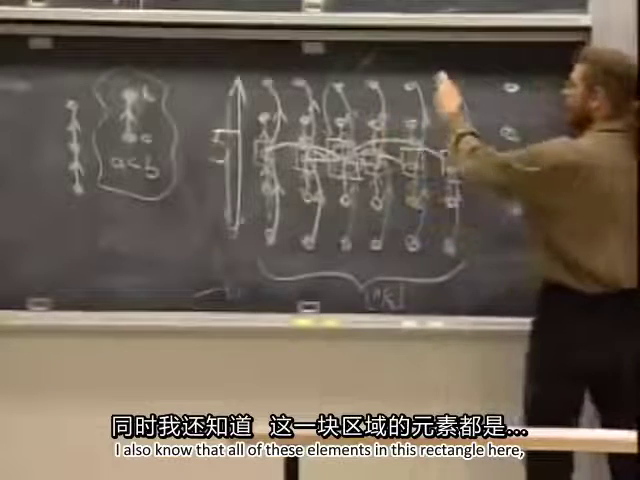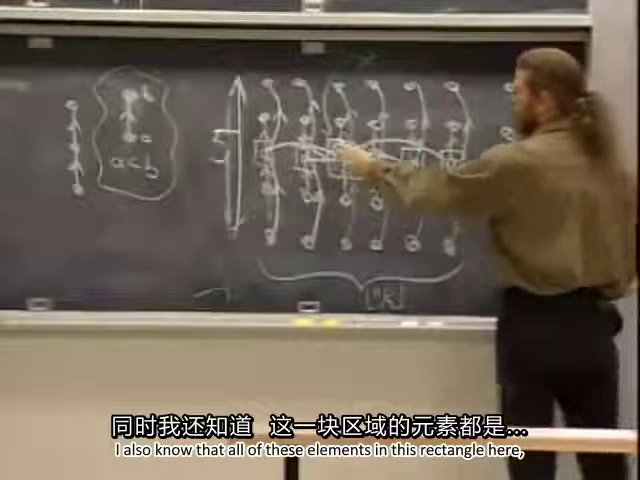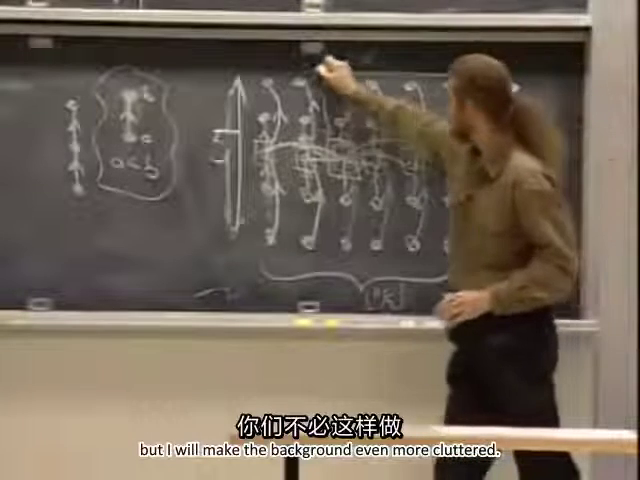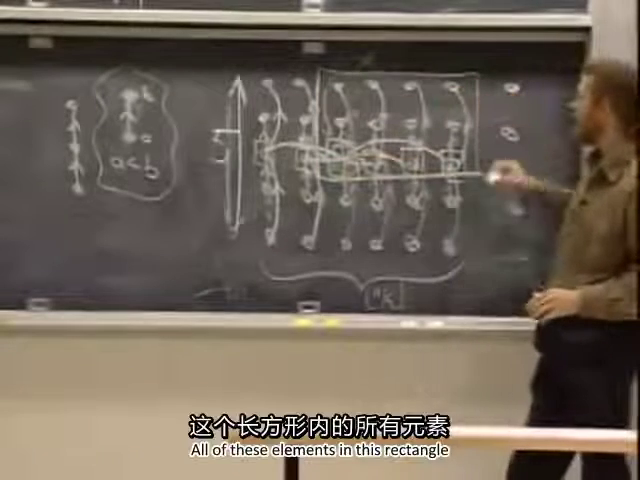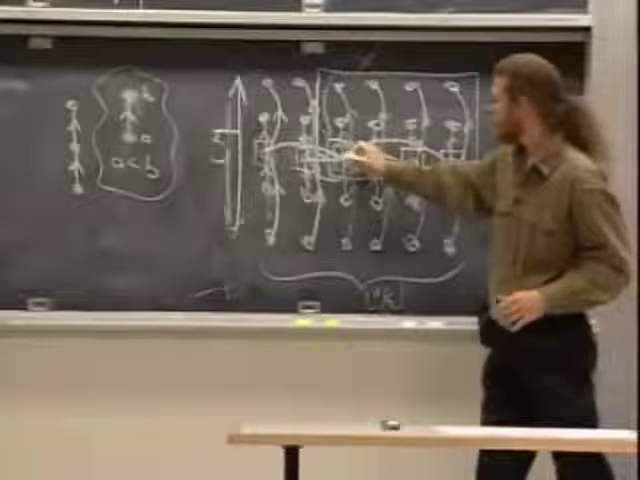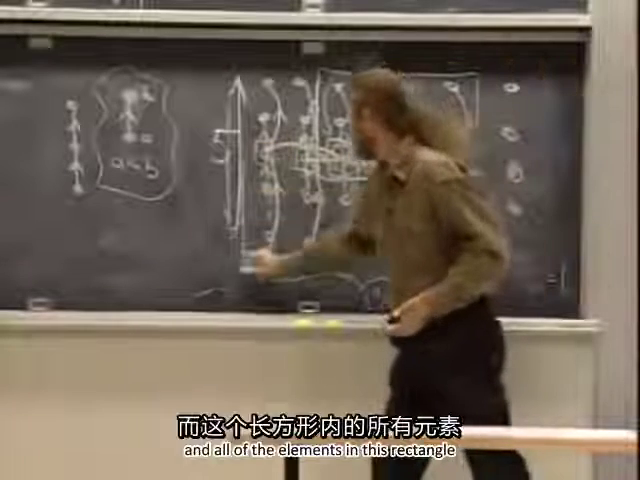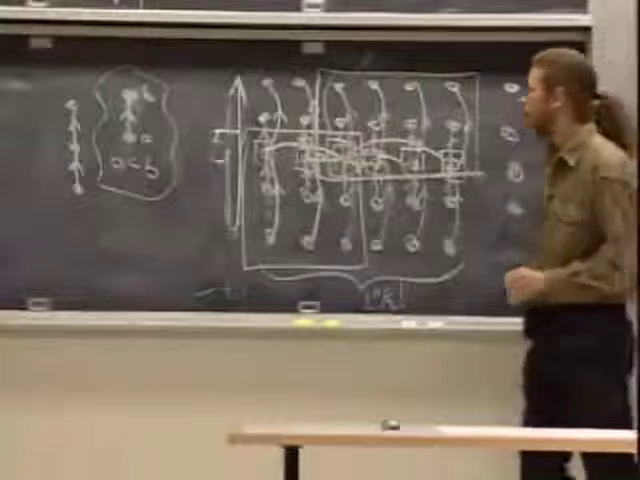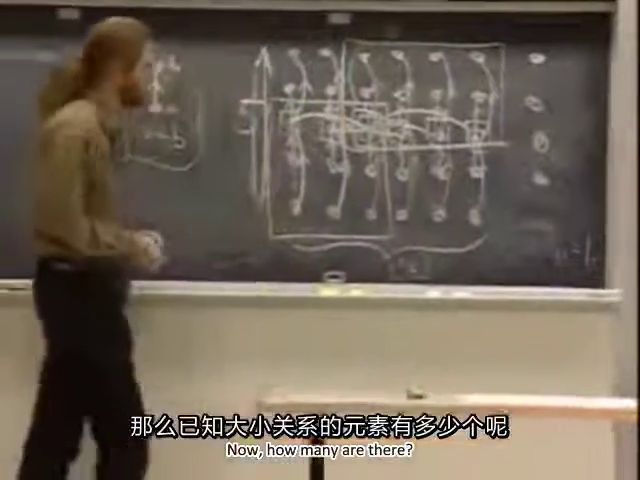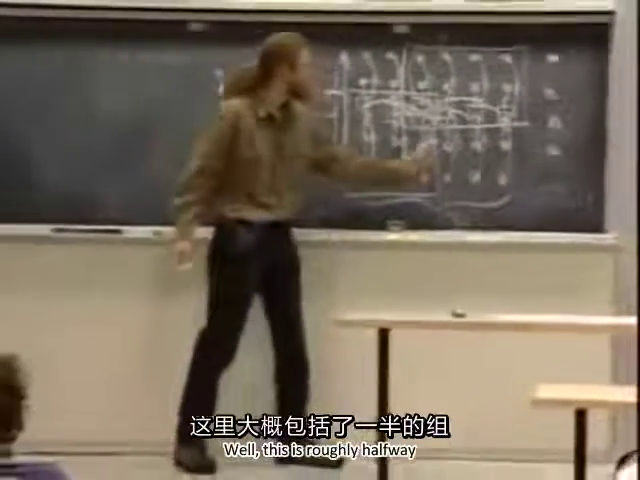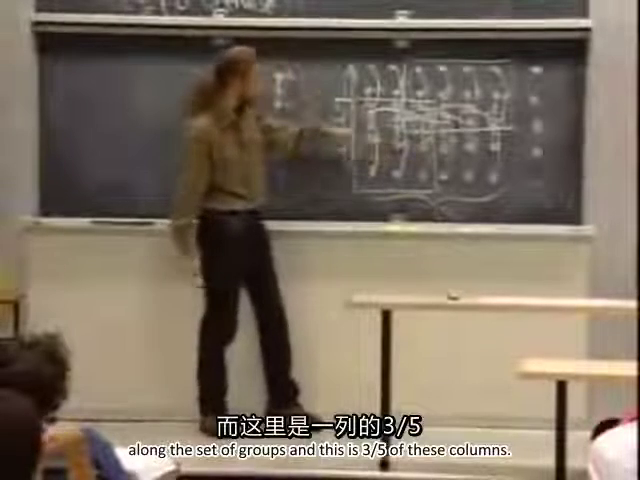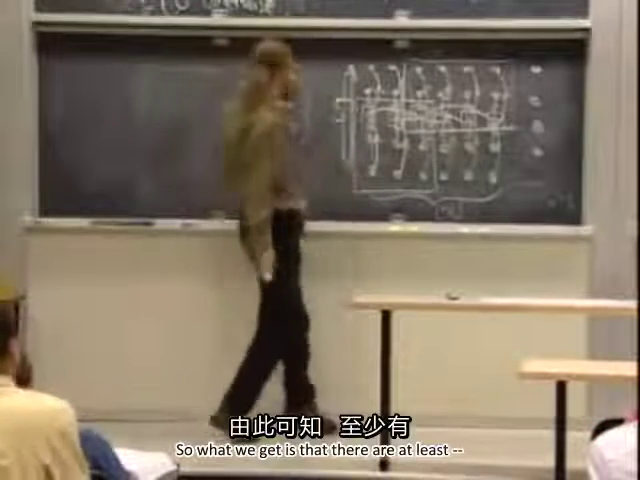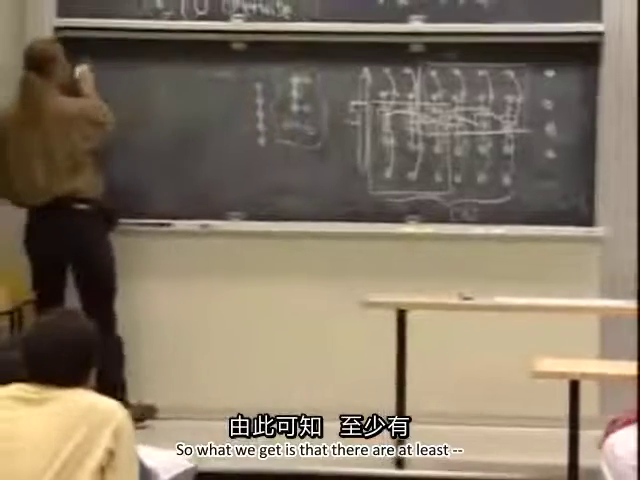I also know that all of these elements are in this rectangle here. You don't have to do this, but I'll make the diagram even more cluttered. All of these elements in this rectangle are greater than or equal to this one. And all of the elements in this rectangle are less than or equal to x. Now, how many are there? Well, this is roughly halfway along the set of groups, and this is 3/5 of these columns. So what we get is that there are at least,